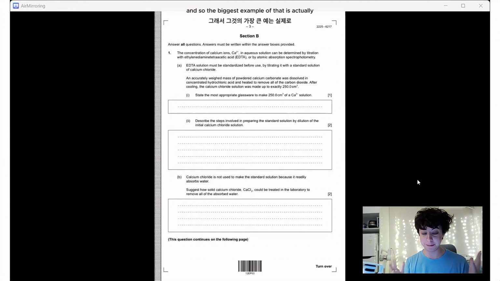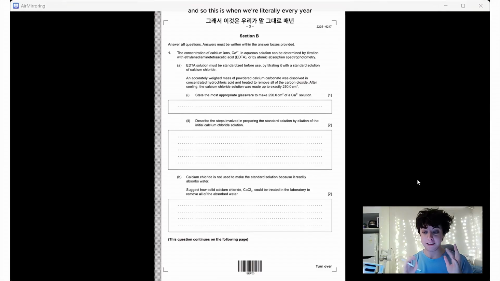And so the biggest example of that is actually this first subpart, okay? And so immediately this question is, we have this titration that's going on, is we are measuring the amount of calcium ions using this EDTA type of titration. And we're making a standard solution of calcium chloride in order to do it. And so the first question is, state the most appropriate glassware to make 250 centimeters cubed of a calcium 2+